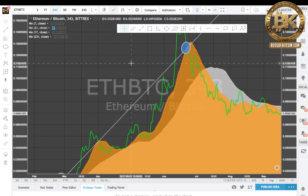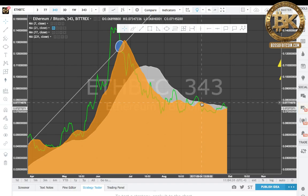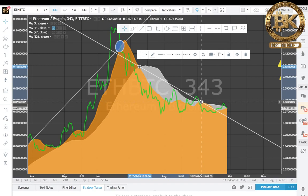Next thing we want to do is identify our breakdown rate. And this one sometimes can be a little bit more challenging, but one of the things I've learned that we touched on earlier is when this white and this orange come together, it's usually a pretty big moment in time, right? And you can see that it happened twice on this side of the chart, right there and right there. So that would be a pretty good indicator of the macro cool down happening inside of Ethereum during this point in time, right? If we go from right there to right there,